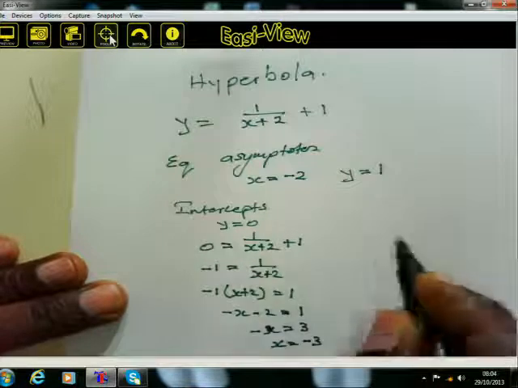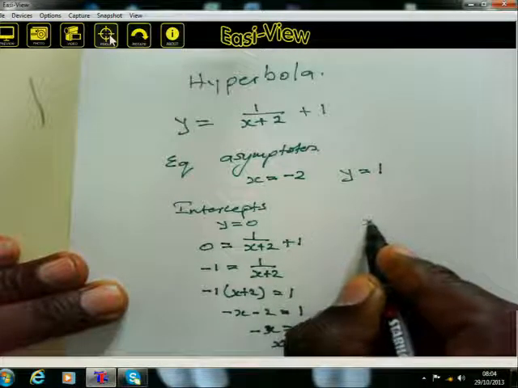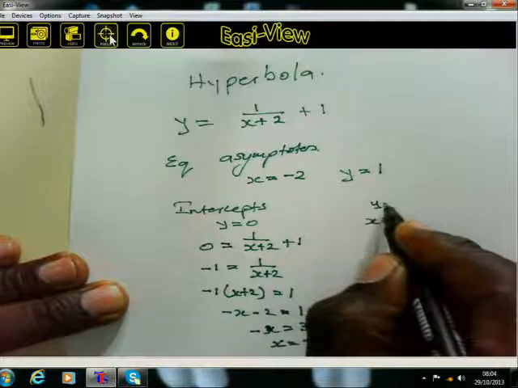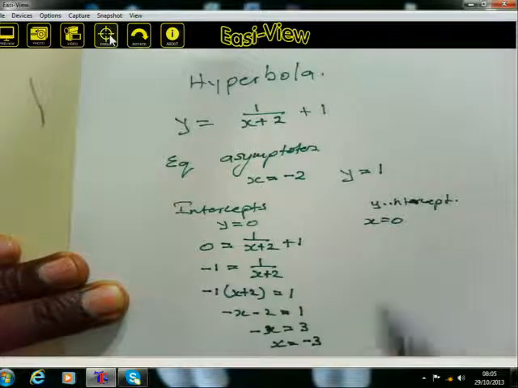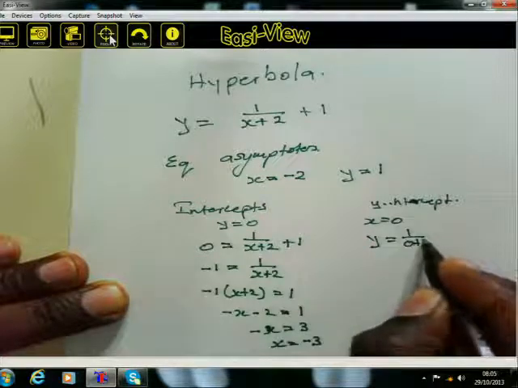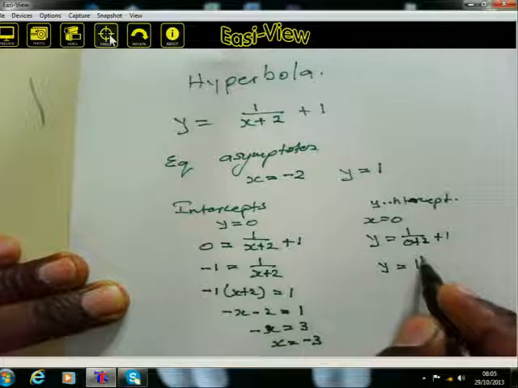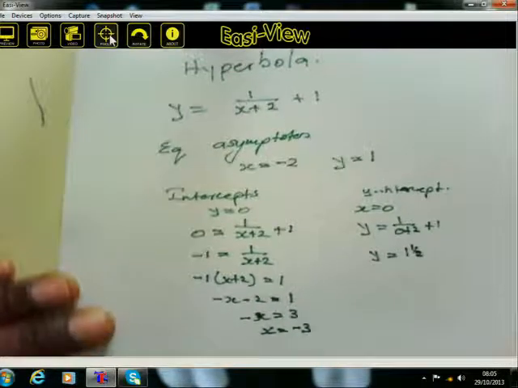Great. What about the y-intercept? We make x to be 0. For the y-intercept, we make x to be 0. Therefore, y equals 1 over 0 plus 2, plus 1. Y equals 1.5 or 3 over 2. From there,